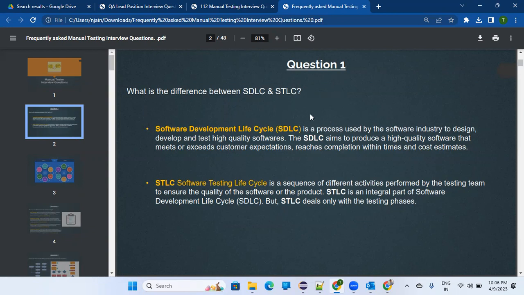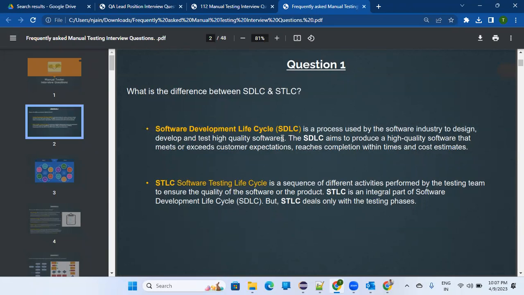It starts from requirement understanding, analyzing it, then proper designing part, high level design, low level design, and then there will be implementation, coding, then testing, deployment, delivery, maintenance. Those things will come under software development life cycle, whereas software testing life cycle is related purely